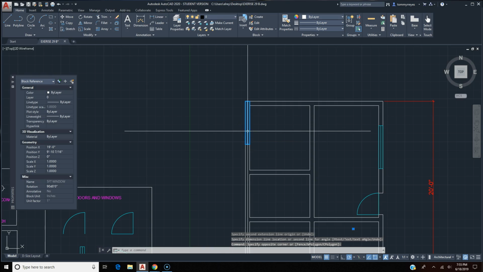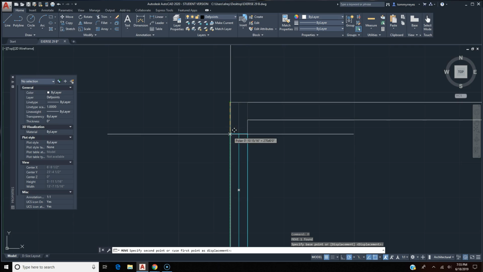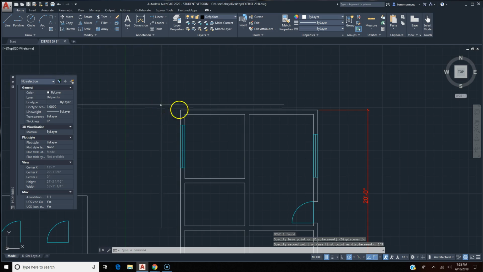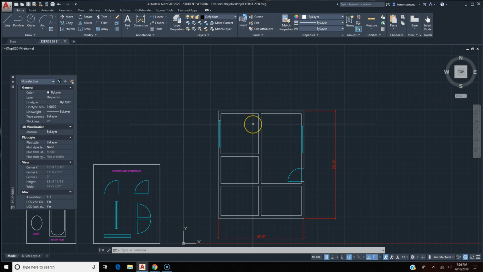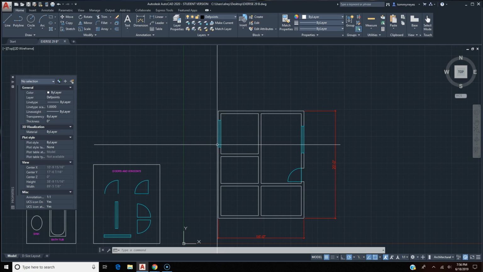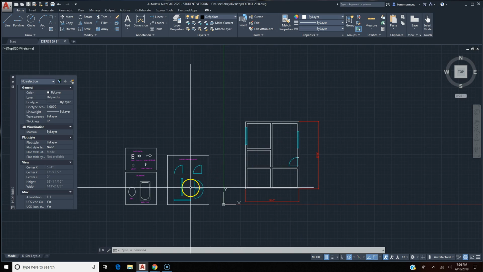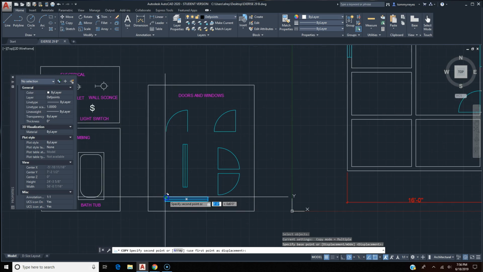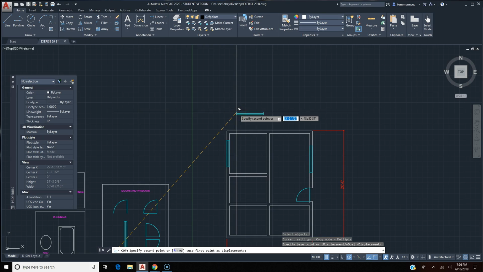And I'm going to move this as well. This needs to come down 1 foot 9 inches, 1 foot 9 inches, enter. And so my vertical windows are in. And now I'm gonna put the horizontal windows in as well. There's one here, one here, and one here. And so I'm just gonna use the copy command, copy, select this, and I'm just going to drop it in a place where I can